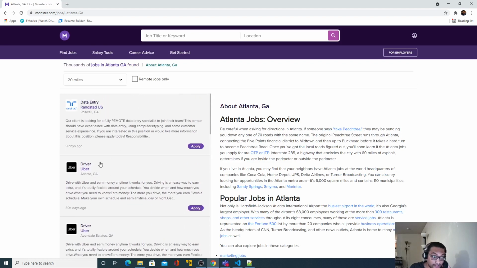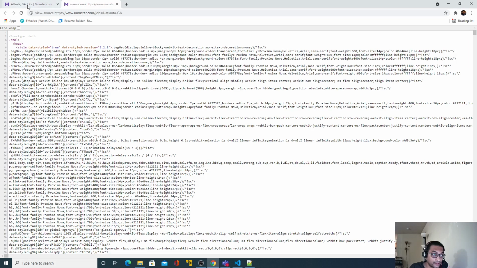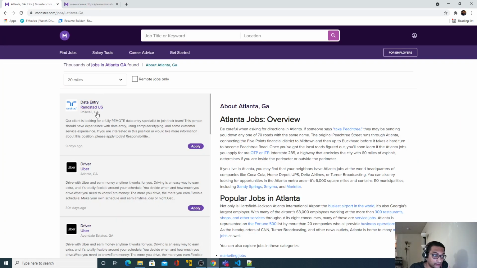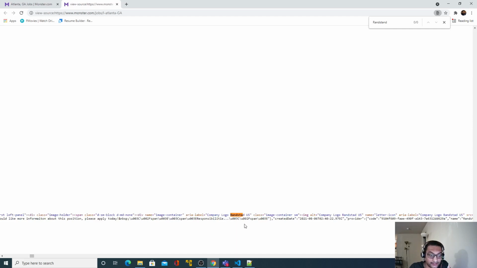Now if I right click here and click on view page source, let's try to search for Roswell, GA, or maybe data entry, Randstad. Randstad US. Perfect. So now I get to see the exact company name.